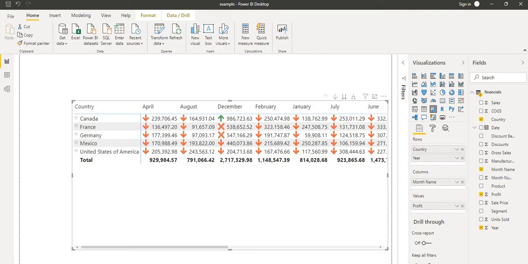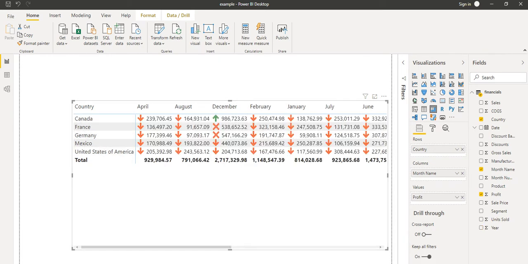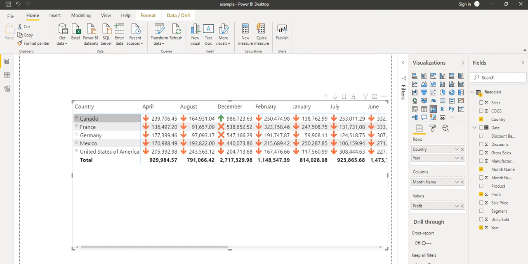These are the buttons that come when we use the hierarchy. Let's understand this first. Once I remove the year from here, we can see there is no plus sign, but when I add it, there is a plus sign.